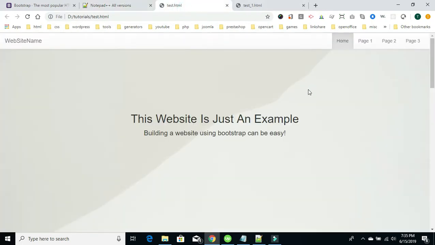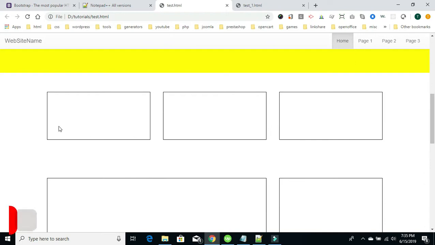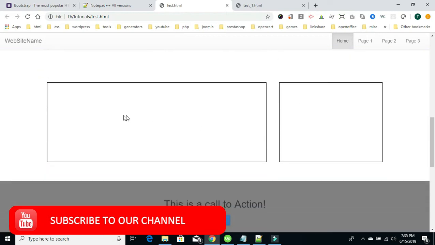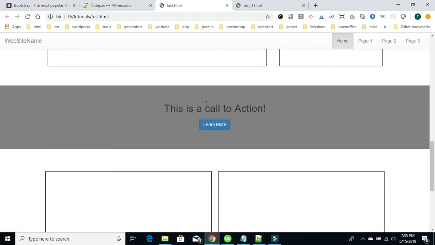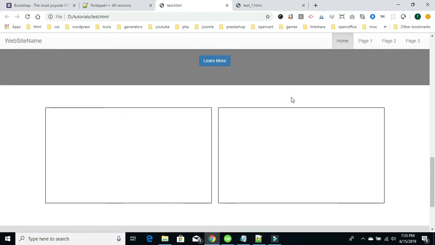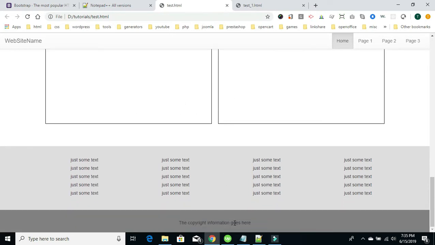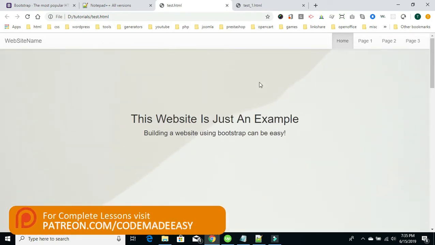Now in previous lessons 1 through 11, we coded our navigation bar. We also coded out this upper header section, as well as this lower header section. And we did our next section with our 3 blocks here using the Bootstrap responsive classes, and our offset section here, also using Bootstrap responsive classes. And we did our call to action section with our Bootstrap button as well. Then further down, we've got our 2 blocks. These are all Bootstrap responsive classes here. We coded those out, and we did our upper and lower footer sections here. Now you can review all this code in lessons 1 through 11, but today we'll be working again with